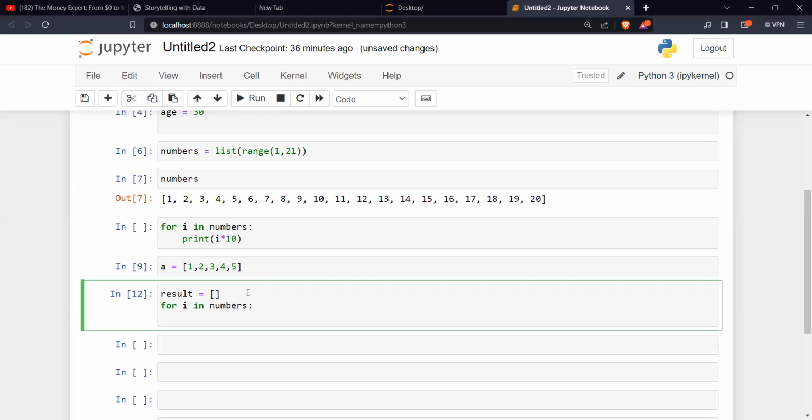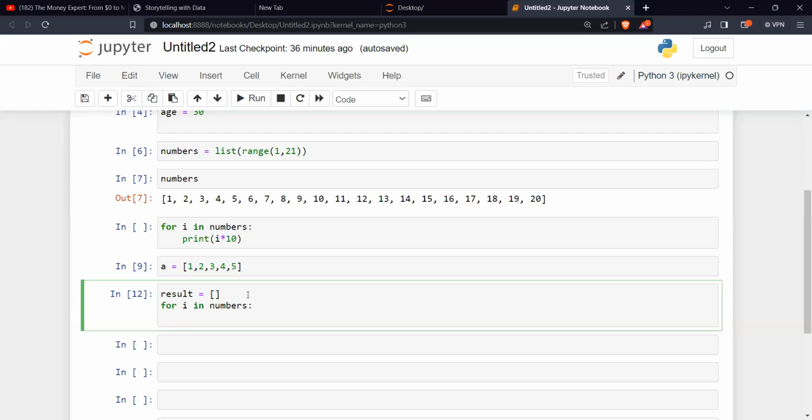What do I want to do? Print. Now I don't want to print now. I want to put the result. I want to put the calculation inside that result. Okay. What's the result? No. Is it? For i is equal to result. No. i equal to result. Will it work that way?